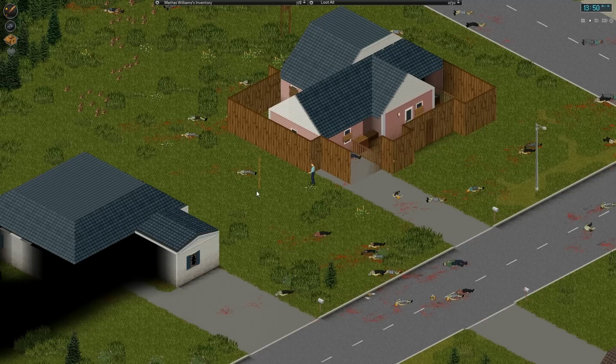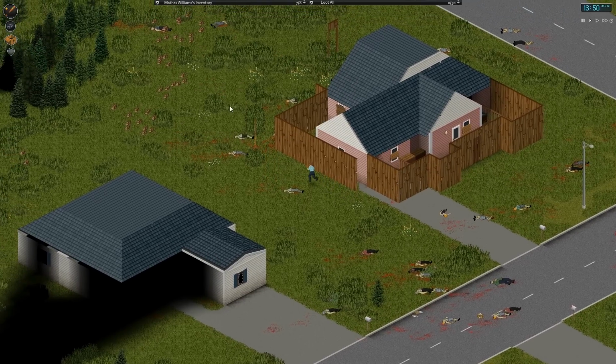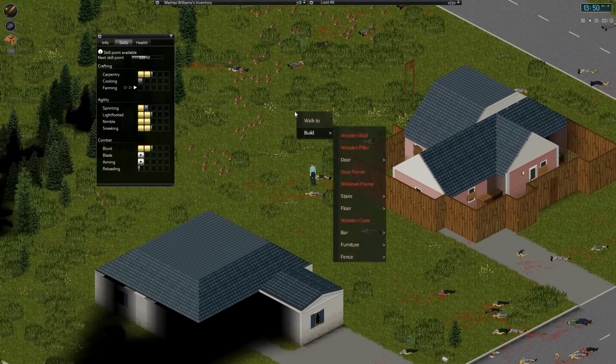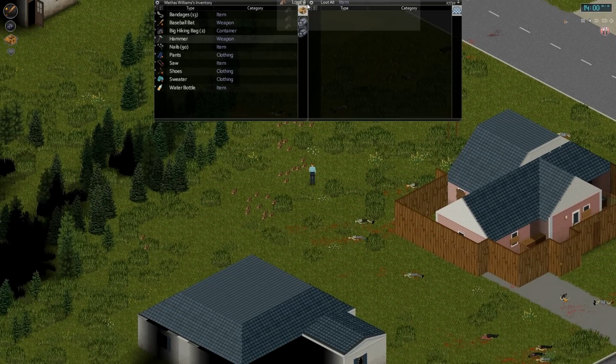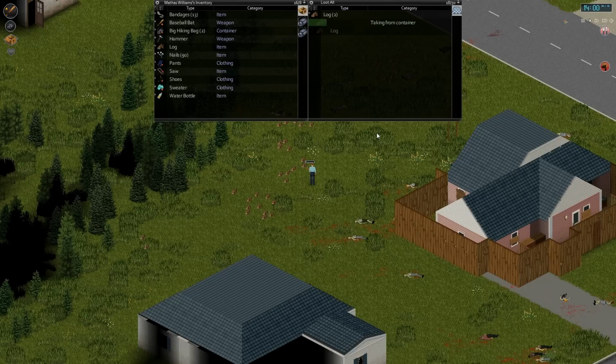Alright, is that everything? Did we use it all? Good, good. Get rid of that. Alright, then we can start picking up some more logs. Perfect. Construction. It's nice to kind of take a break and actually do a little bit of construction outside